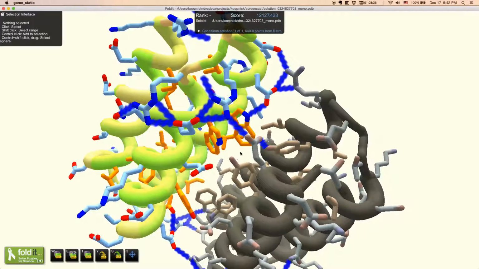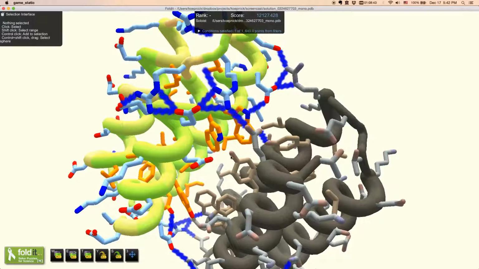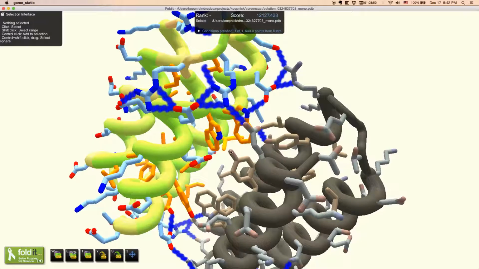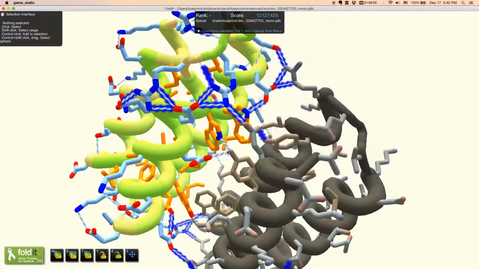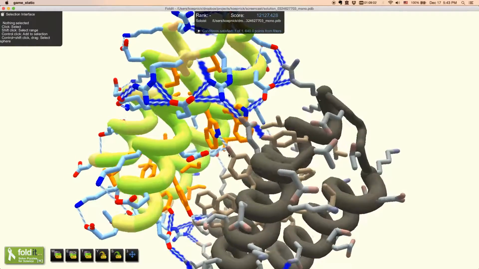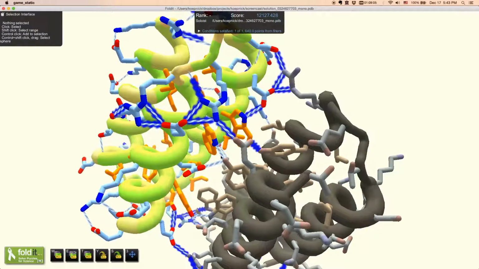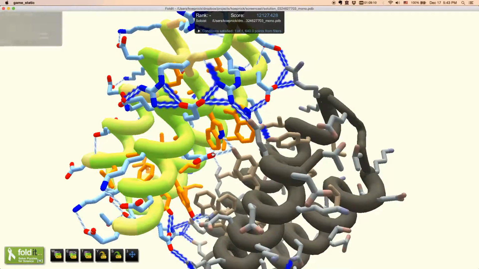I'll also point out that it looks like there's another potential hydrogen bond network right here. You know, maybe this tyrosine is just out of range of this glutamate and this tryptophan. But you can imagine that would be another great place for a hydrogen bond network. In fact, let's see, what does that look like? Oh, yes, and in fact, excuse me, it does. It does form a hydrogen bond network, but it's only 2 hydrogen bonds big. This network would only include 2 hydrogen bonds.